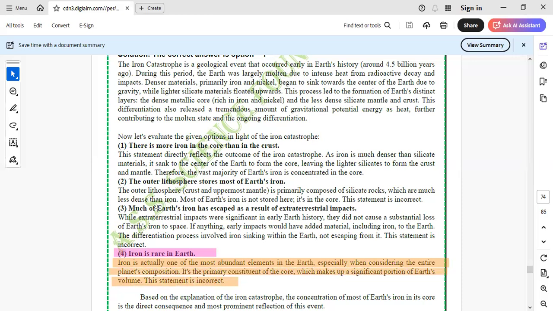The statement is incorrect. So now you can differentiate why the first option is correct, that there is more iron in the core than the crust, because differentiation